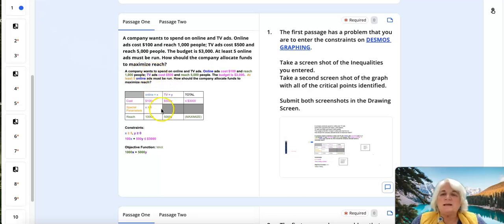Okay, the problem is set up for you as far as a table is concerned so that you can write the constraints and have the objective function. You're actually not solving this problem at this point. The first passage has a problem that you are to enter the constraints on Desmos graphing. Take a screenshot of the inequalities you entered. Take a second screenshot of the graph with all of the critical points identified and submit both screens in the